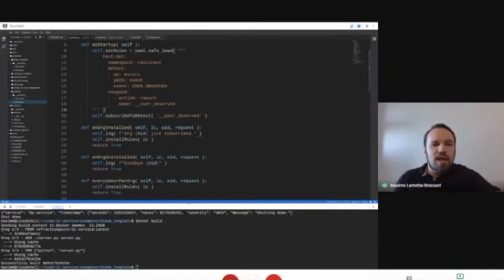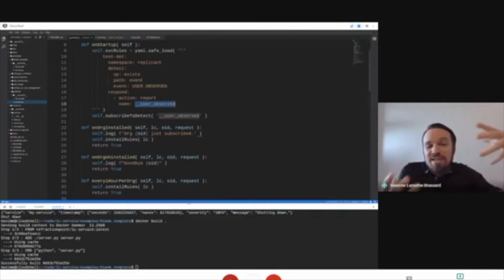And what we're just saying is, if I see this event, I don't really care what's within the event. I just want to generate a new detection that we will call _user observed. Could be anything. Note the _ at the beginning allows you to create a detection that will be shared with your service, but will not go to the actual detections panel of that organization.